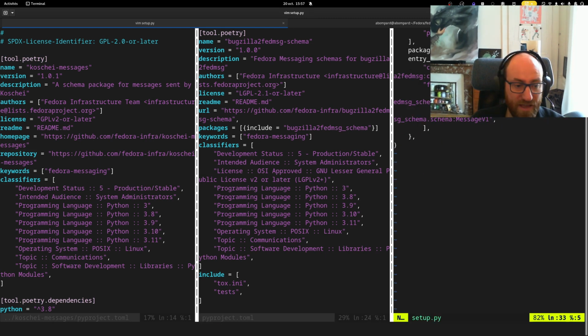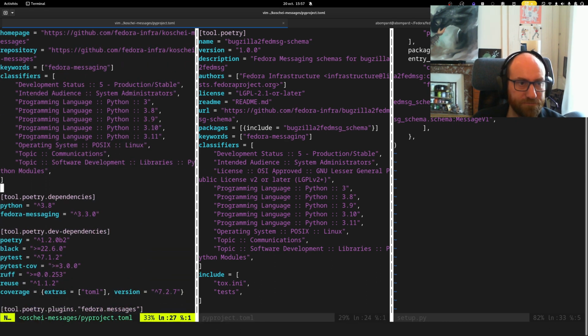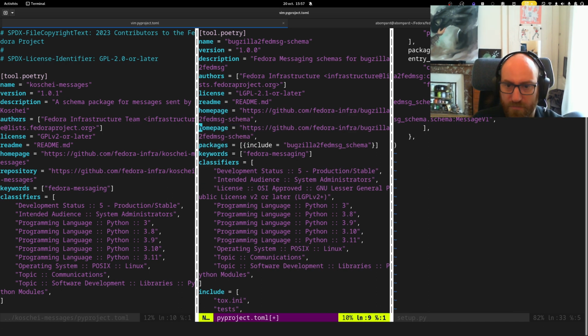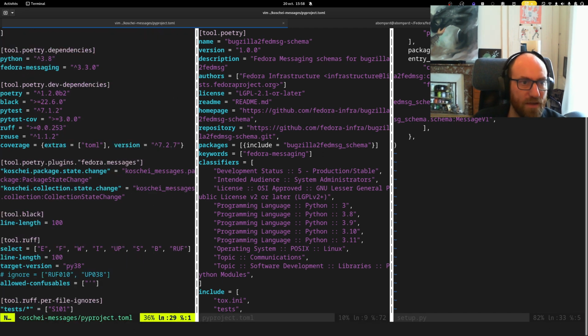Entry points, yeah, definitely entry points. Okay, that's necessary. Oh, it's homepage, not URL. Okay. And I guess repository also, but with .git. Okay. Yes, I need to declare